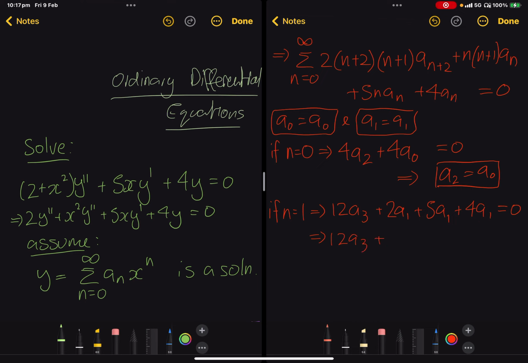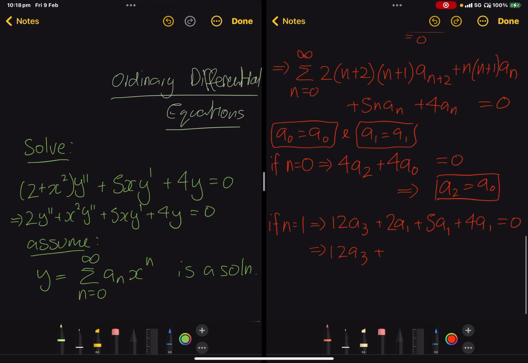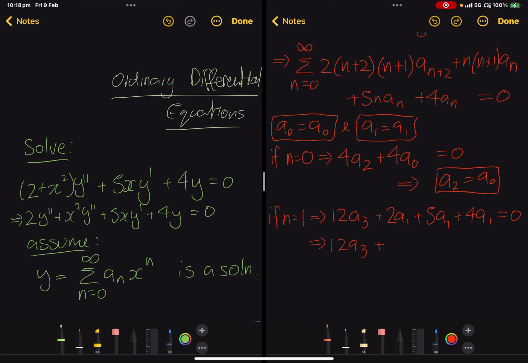We've got to be very careful with our numbers here. If n is 1, this is 2, this is 1. Now, are we missing a number here? No, we're not. So we have 12a3 plus 5 plus 4 is 9, plus 2 is 11, so plus 11a1